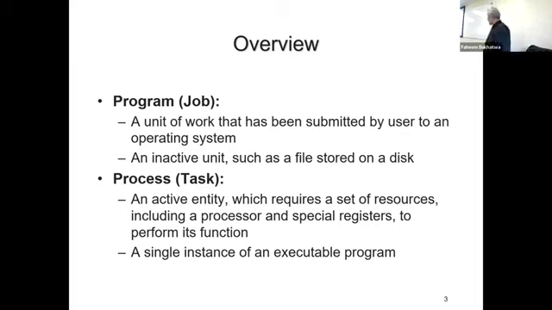Right, so go back again. We know what a program is, or what a job is, and what a process is. So a program is a unit of work that has been submitted by users for an operating system. A program is not active yet. A program is a list of instructions written in a file, stored on a disk, that's inactive. We call that a program. So any file that has a list of instructions, we can call it a program. But once it's submitted,